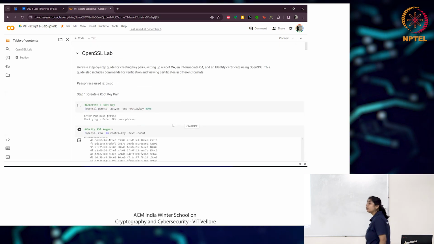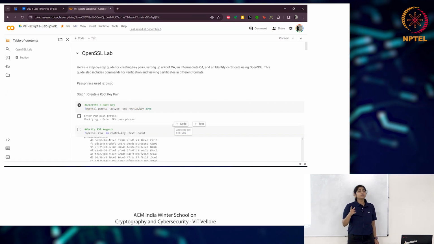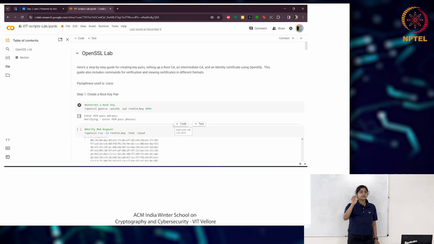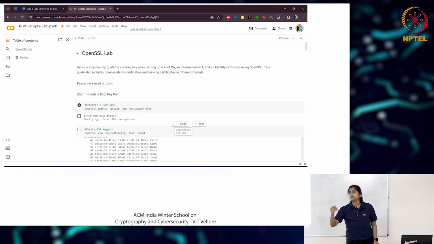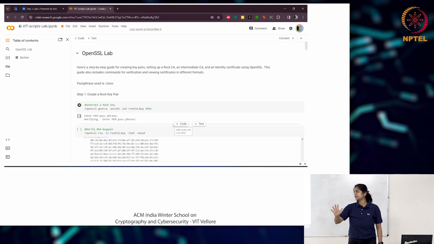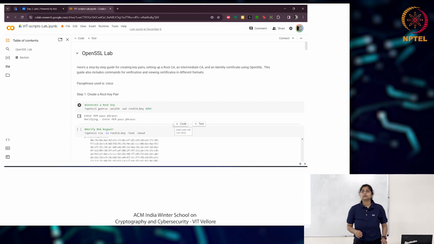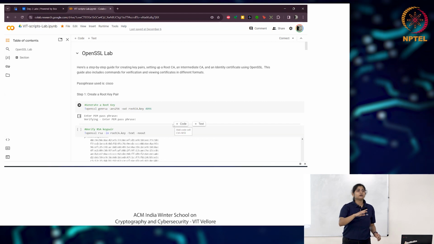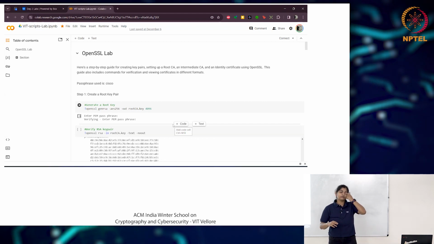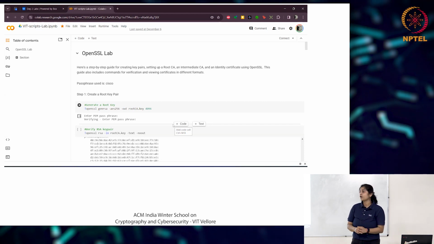Let me know if you are able to open the IPYNB file apart from Jupyter. Are you able to open it in Notepad? Okay. And do you have a Python environment to run this, or any other environment? The OpenSSL commands you will get on the internet, or I think they'll be the same. If you have a Linux box, you can run them directly. First install OpenSSL, make sure. If you do openssl version, you'll see whether it's installed or not.